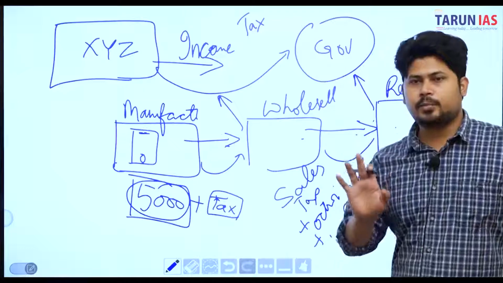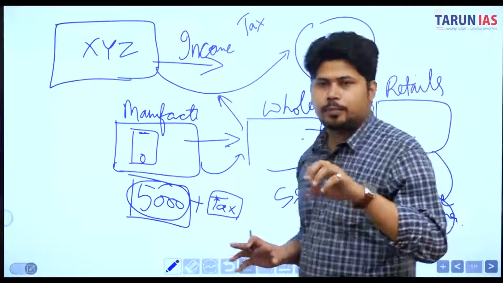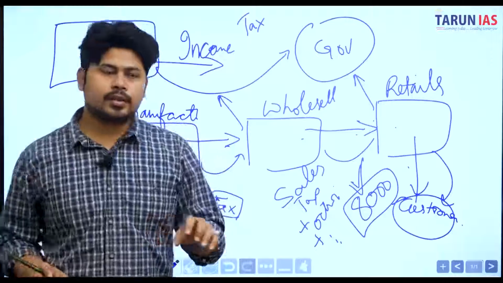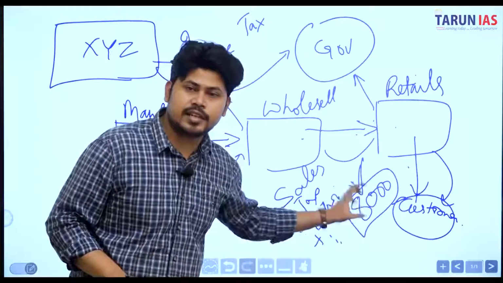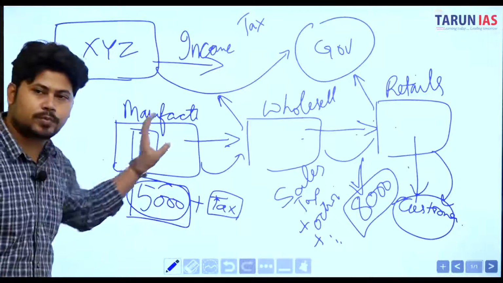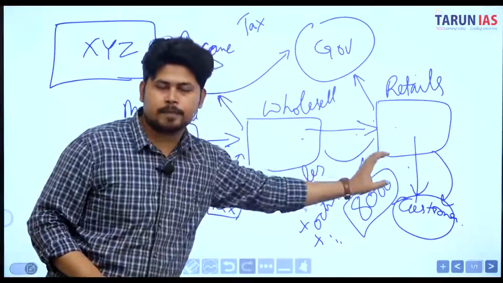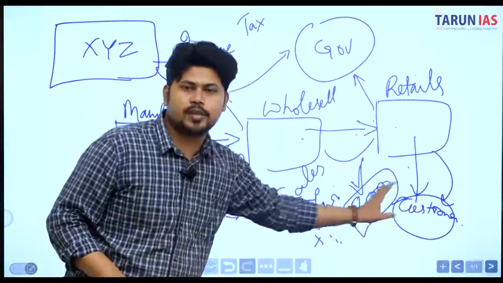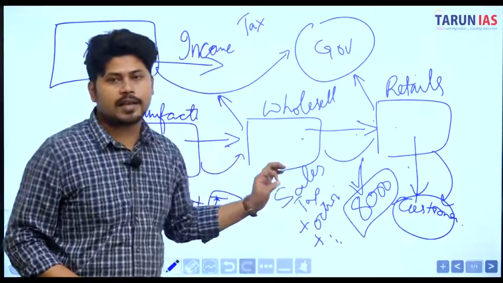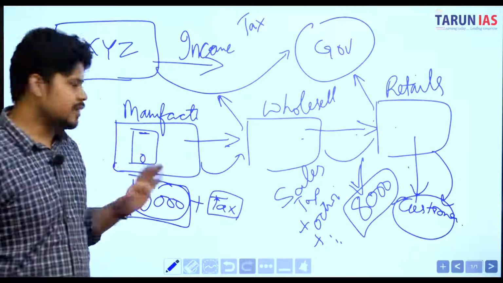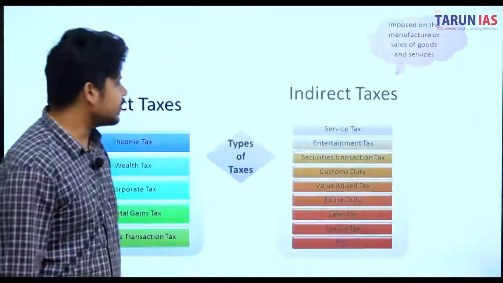But I am trying to make a point here, and that is that the tax was not imposed directly upon the customer, but the customer has to bear that tax. The incidence of that tax, although imposed upon various different units within the value chain or logistical chain, is that the customer has to bear such charges without it being directly imposed upon them. Such a tax is called indirect tax. It is as simple as that. Okay, such a tax is called indirect tax.